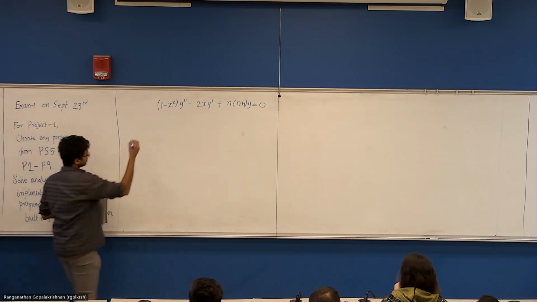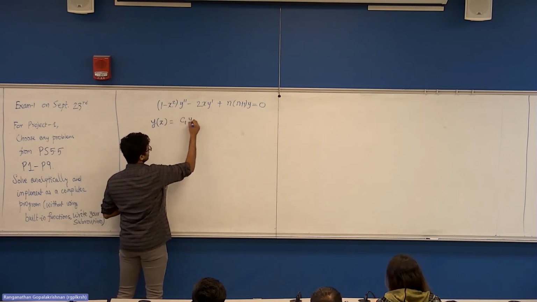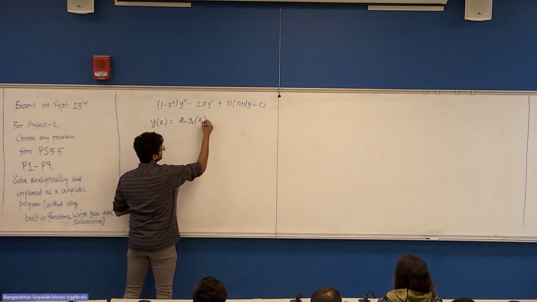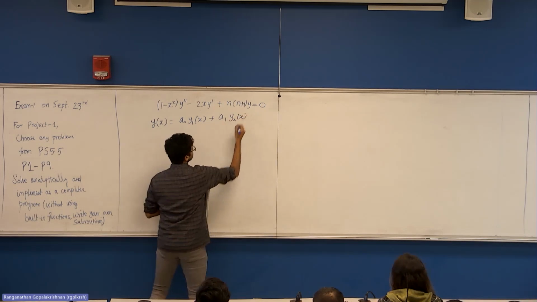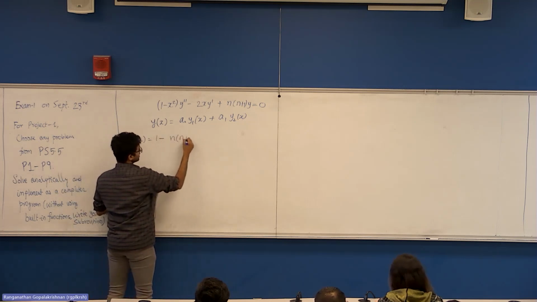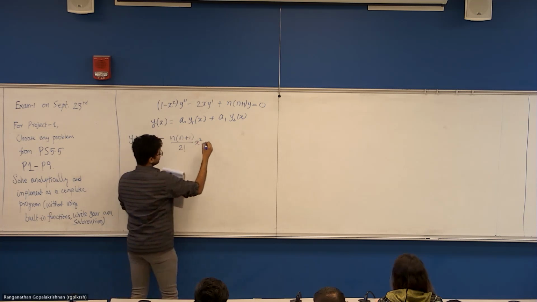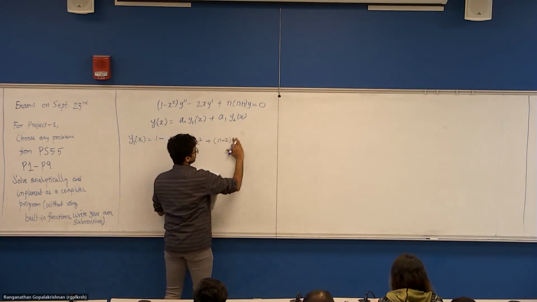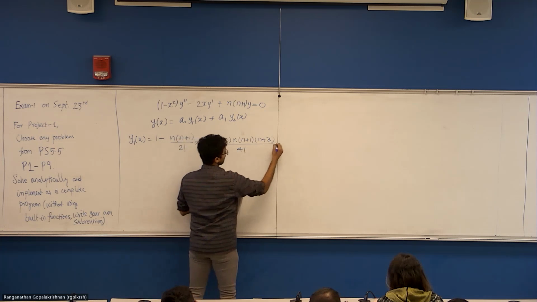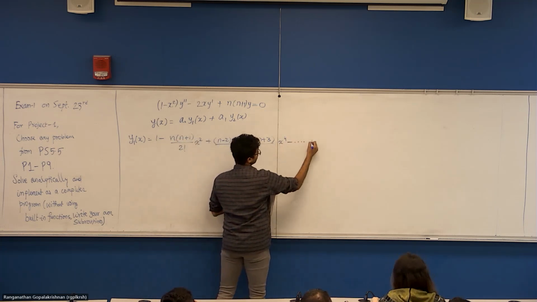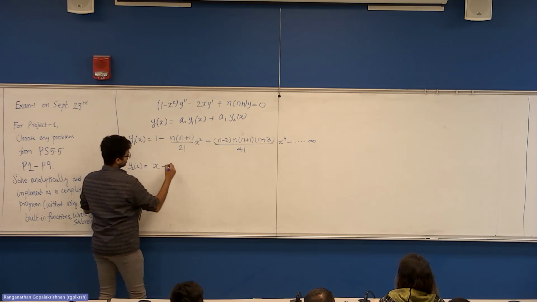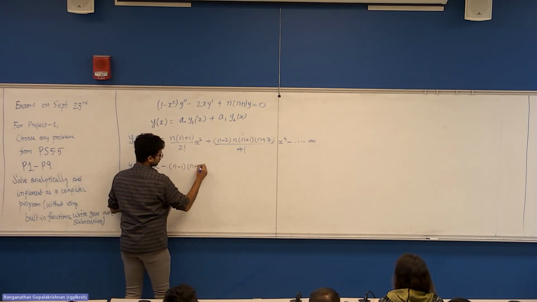And for this equation, the solution would be y of x equals, let me just use the same notation the book uses, a naught y1 of x plus a1 y2 of x, where y1 of x is 1 minus n times n plus 1 over 2 factorial, and y2, the other basis function, is x minus n minus 1, n plus 2,